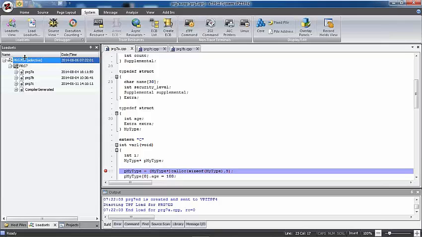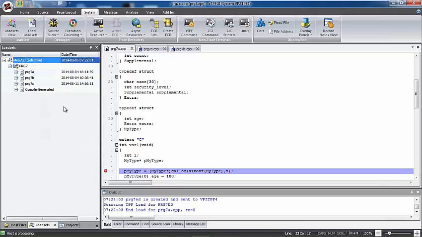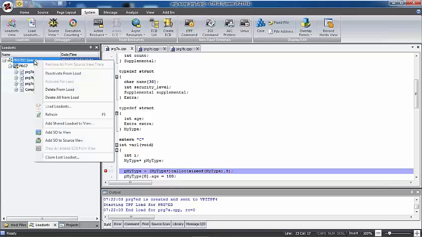If I want to reactivate it, I can select Activate for Load, and it's back for me. So it's very convenient. Deleting from load now is quite different. Deleting from load will actually delete the load set. It will disappear from your Loadsets view. It will be taken out of zTPF. You'll have to go through the whole load process to get another load set with the same programs back into